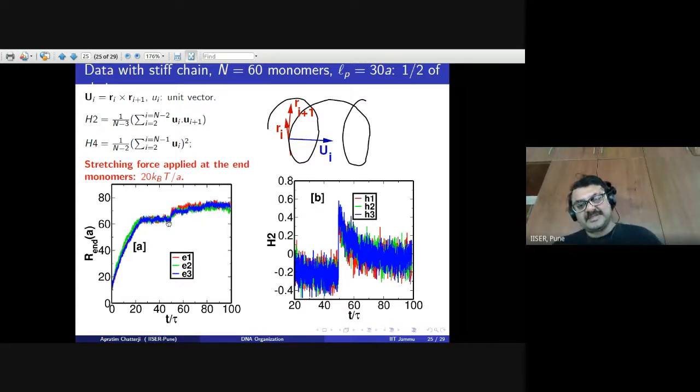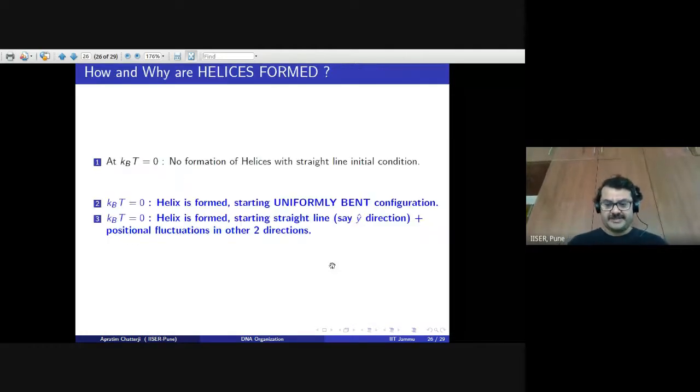So it's basically straight, but now it is fluctuating because of thermal fluctuations. But there's a force applied. You have stretched it, and then switch on this repulsive interaction, Coulomb interaction. Again, it picks up a helicity. It slowly decays to 0. So there is something, and this is repeated also for 1 by r cube interaction.